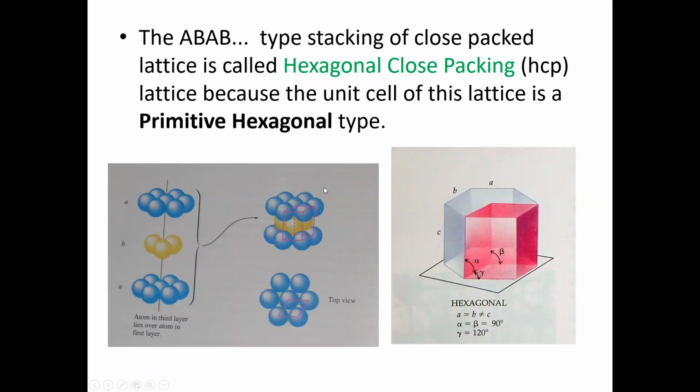Now see, we have selected 7 of the top layer, 1 at the center and other 6 at the 6 corners of a hexagon, to have some geometry program, solid state geometry program. We have selected only 7, and also 7 in the bottom layer. A, B, A. Supposing this one is A, this one is also A, a replica, but a different layer. It's a third layer, but we call it A, B, A.